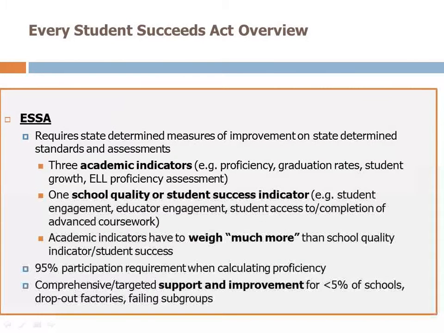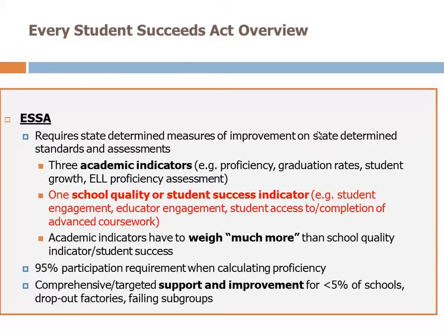Real quick, a brief overview of what you saw last week: ESSA requires states to determine measures of improvement on both tests, and we have some academic indicators such as proficiency rate, graduation rate, growth, and ELL proficiency, as well as one school quality or student success indicator. This is really the primary one we're going to focus on today: how you can measure some of these so-called non-cognitive, or holistic, whole-student, but non-test data measures